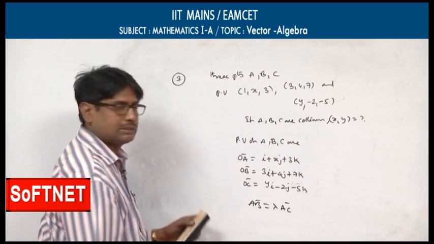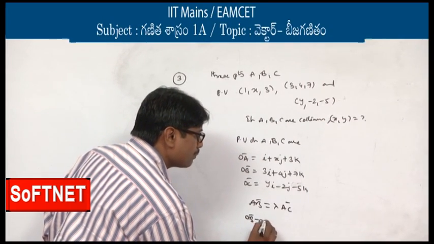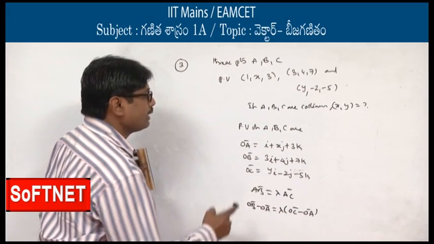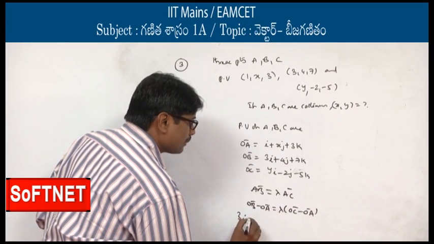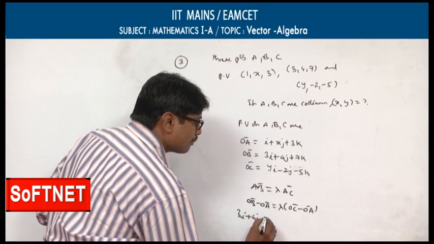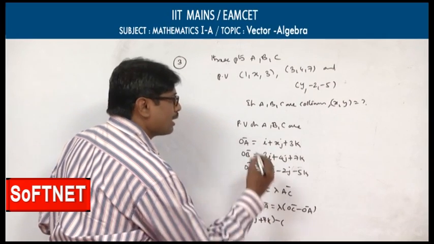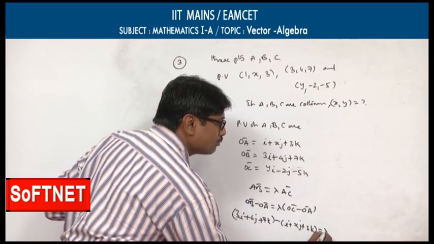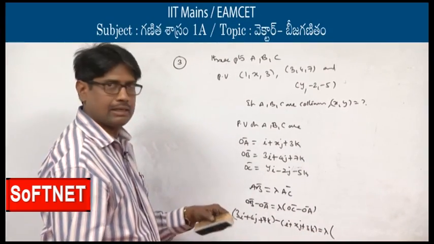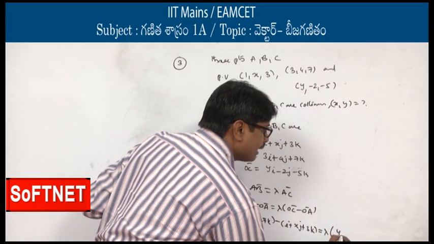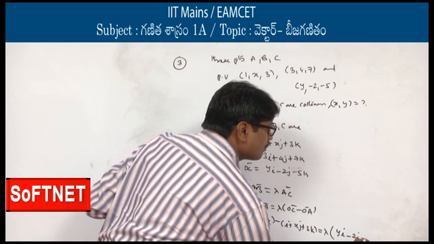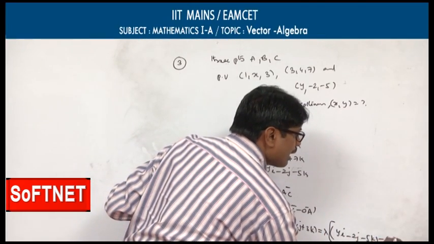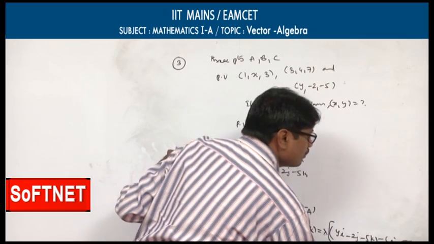As we expressed in the position vectors, OB bar minus OA bar is equal to lambda times OC bar minus OA bar, and that is OB bar, 3I bar plus 4J bar plus 7K bar, minus OA bar, I bar plus x times J bar plus 3 times K bar, is equal to lambda into, now again we will calculate the lambda value, OC bar, y times I bar minus 2J bar minus 5K bar, subtracted by OA bar. OA bar will be I bar plus x times J bar plus 3 times